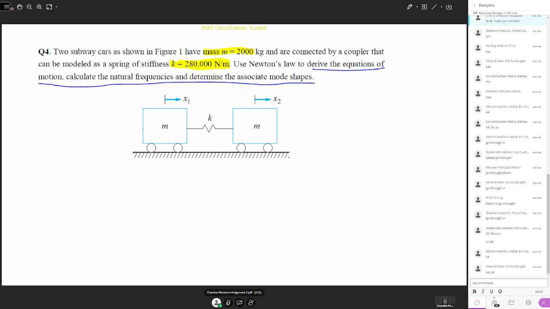Okay, so for the mass, you can have the spring constant like this, the spring force. Then for this, you will have the spring force acting like this. So x2, x1 are shown here. So you can write the equations of motion as